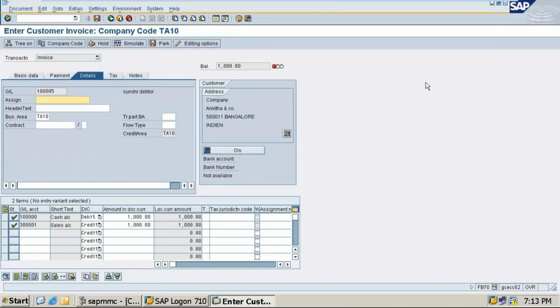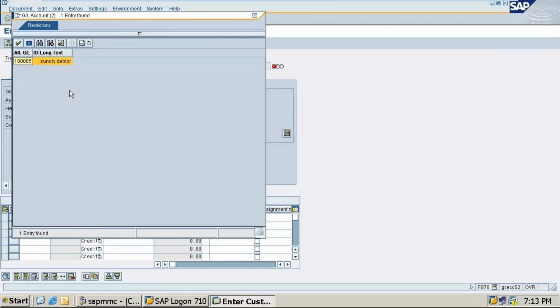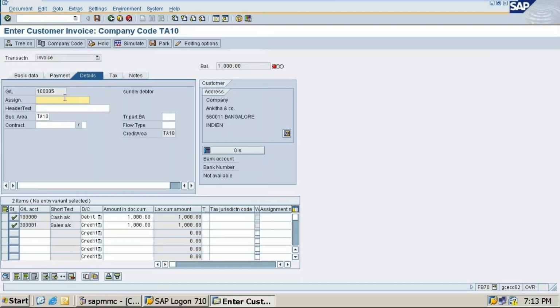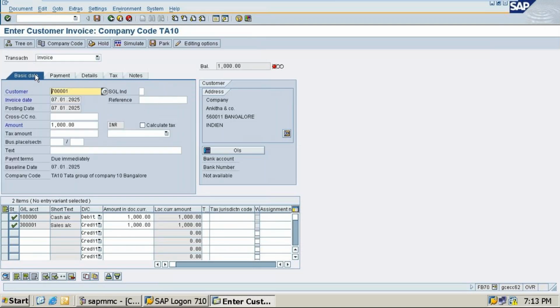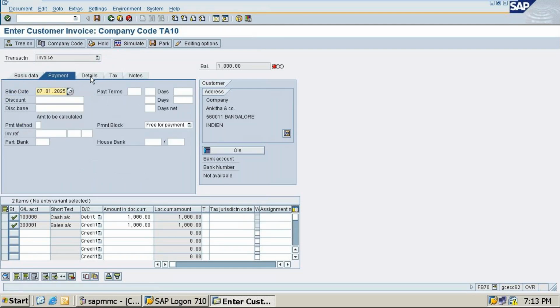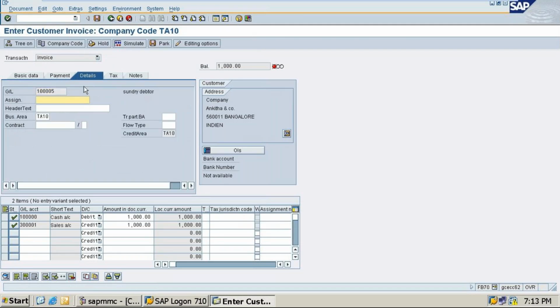Till this, all the procedure you understood? Any doubts? So GLs once more will do it. Sundry data, payment details, basic data, being goods sold on credit. Okay, I'll let you know what the little mistakes were.